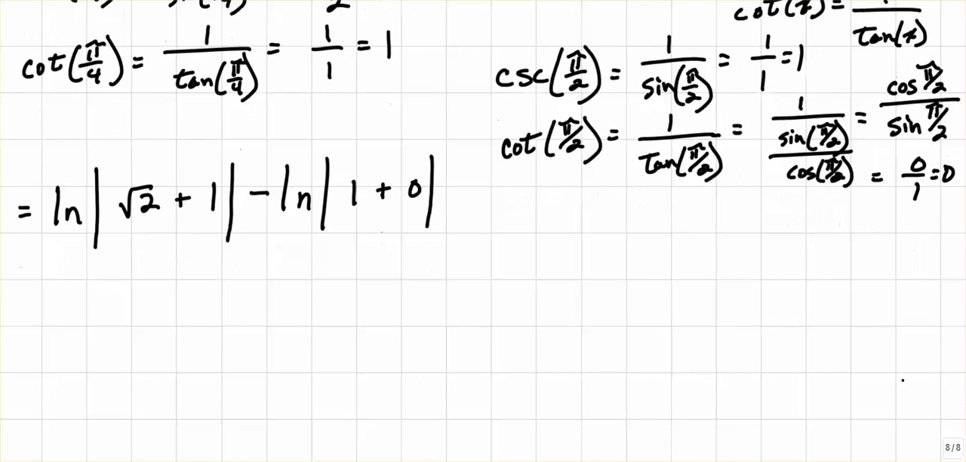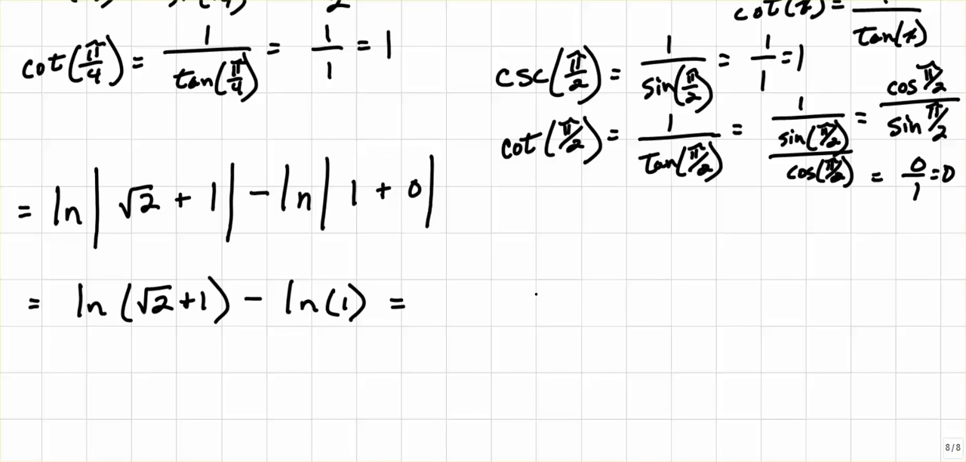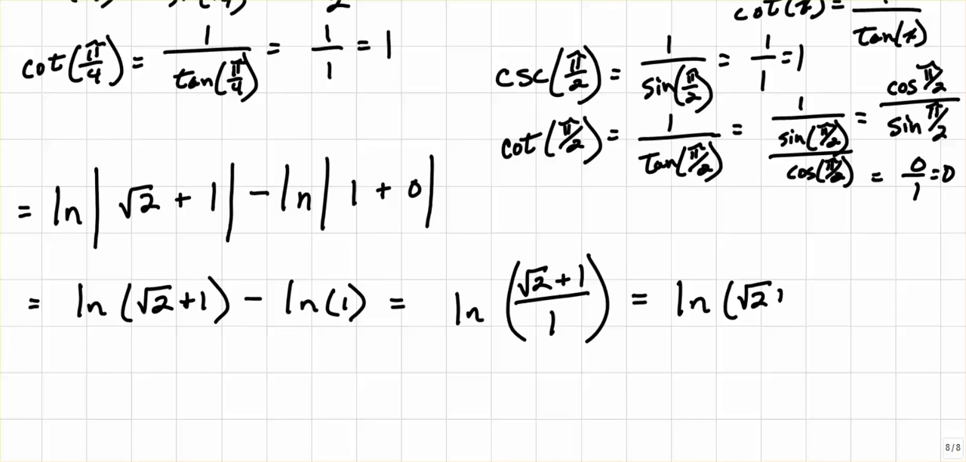Now what do I have? I have the natural log of the square root of 2 plus 1 minus the natural log of 1, which is going to be equal to the natural log of the square root of 2 plus 1 over 1, using the formulas for logarithms to condense the expression. And that's simply going to be equal to the natural log of the square root of 2 plus 1. Now that's my exact value,